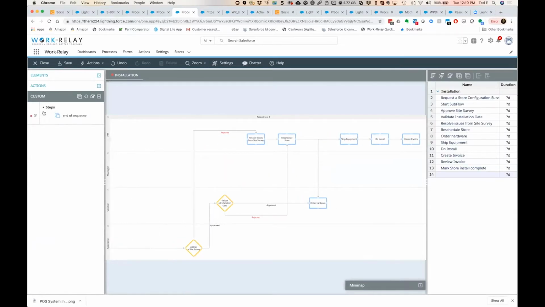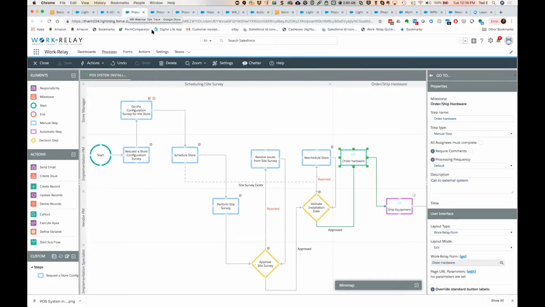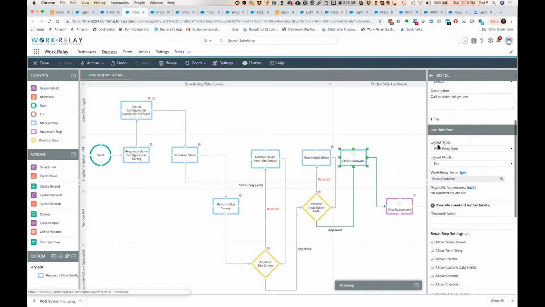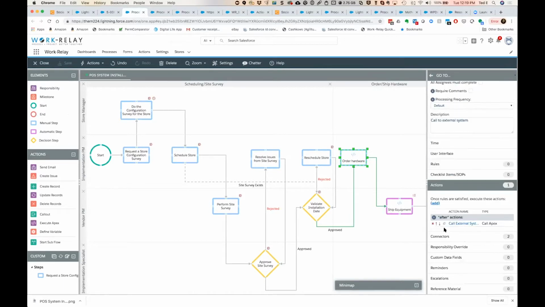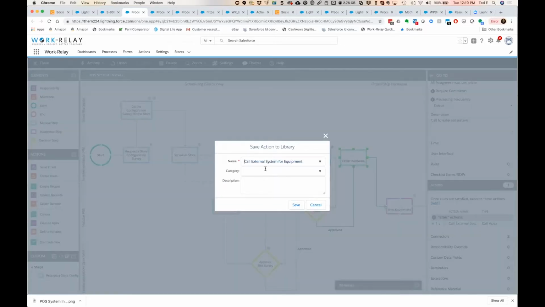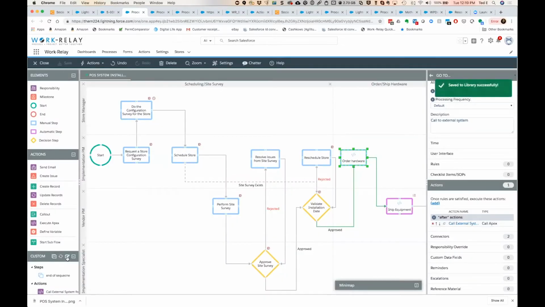And in addition to steps, we also have the ability to work with a library for actions and rules. So as an example, I'll go back to that first process here that has an action right over here. I can click on the step, go to my actions, and then click on this save to library icon. And what that'll do is the same thing. I can save that, and now you'll see when we go to our library and manage it,